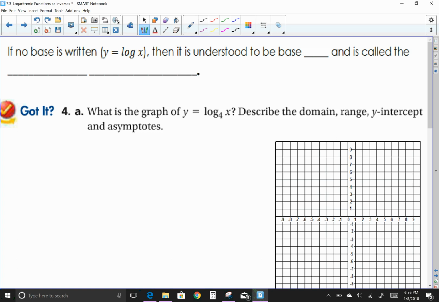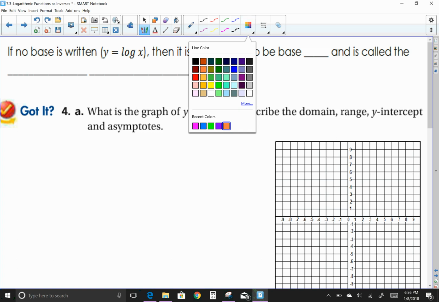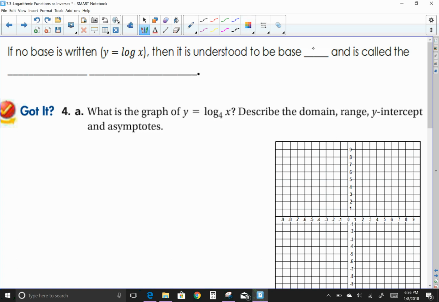Now, if no base is written, it is very important for you to remember that it is understood to be a base of 10, which is called your common logarithm or common log. So just like everything else, an exponent that you don't see is a 1. What else do we have? We have